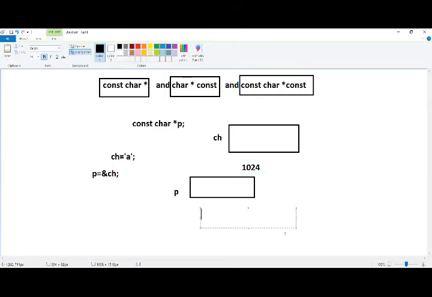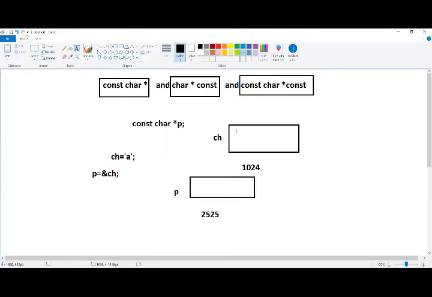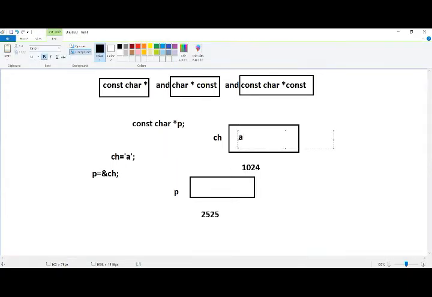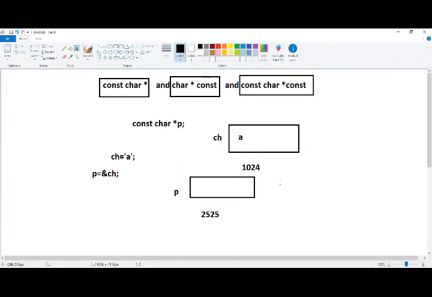So p also will have some address, let us consider it as 2525. So ch has the character value a. After storing the address of ch, p starts pointing to this value. Okay?